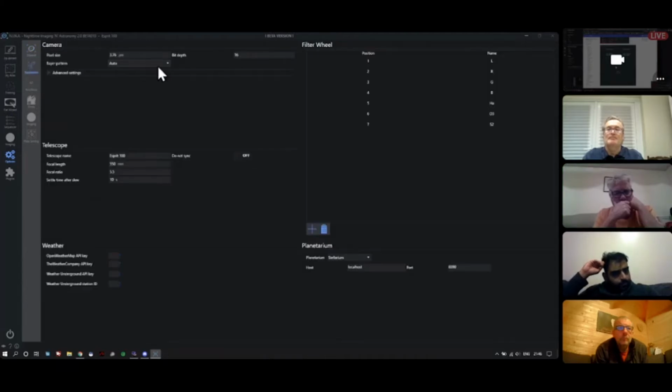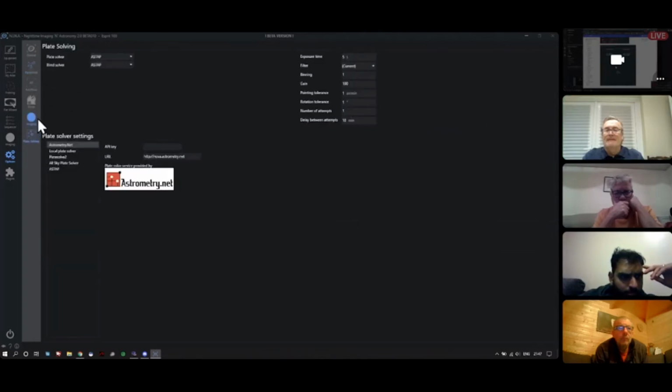The next tab, equipment. You've got your telescope down here, the camera pixel size, lots of other stuff I don't use. That's the connection to Stellarium, so you just put the details in there. If you have Stellarium running in server mode, you can then talk to Stellarium, and that's how it pulls the information back. It's got the filter wheel stuff in here. The one I think you're looking for is